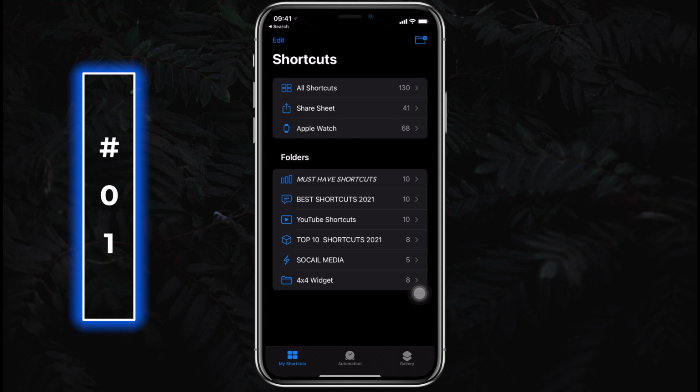So as we can add shortcuts from the gallery and other third-party shortcuts, we can also create our own custom shortcuts. In the All Shortcuts folder, tap on the plus icon at the top. Now you can start making your shortcut from here, and obviously I'm not going to show step by step how to make your own shortcuts because that will require a series of videos. And it's a long process to make worthy shortcuts. Just look at the work behind this shortcut. So let me know in the comments if you are interested. You can still tap on add action and try to explore some options.